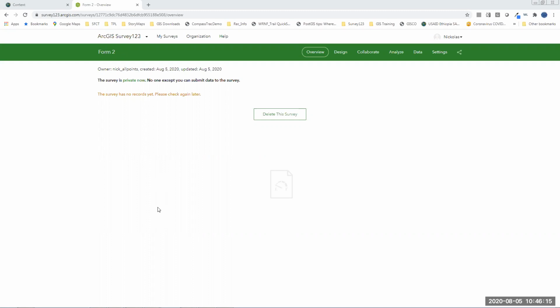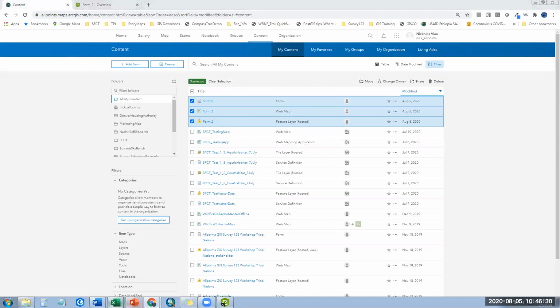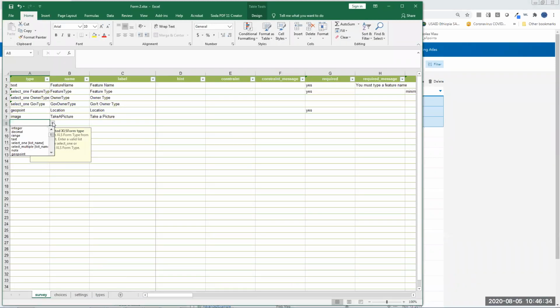Good question. My friend Mr. Sam Limerick asks, can you add in rows for dates of initial point gathering plus dates for any subsequent edits? That's a really good question, Sam. So what I didn't show you, one type of question, you'll add this in your next one, I believe, is you can add